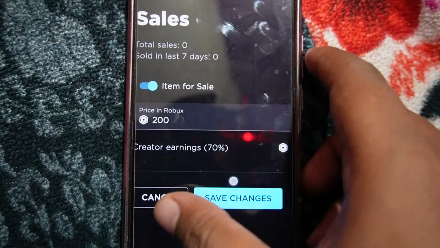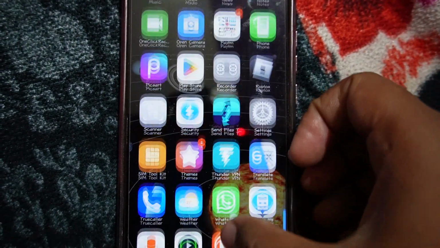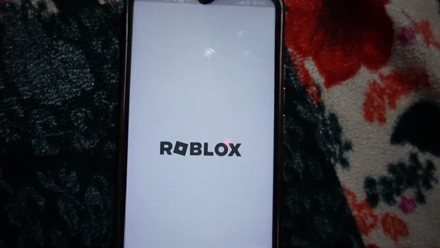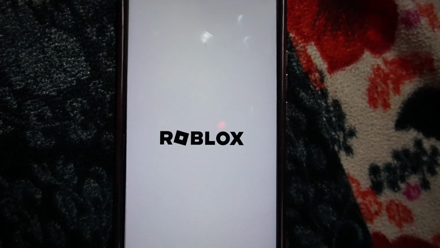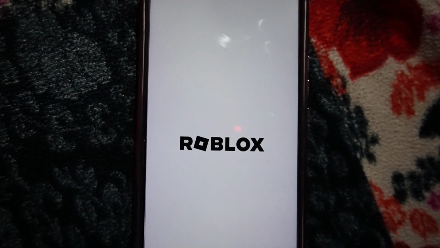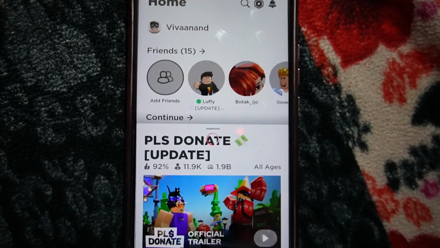Fine. So after doing this, guys, you just need to open Please Donate if you want to add it in the Please Donate game. Open the game,